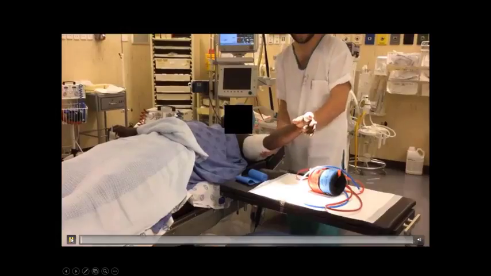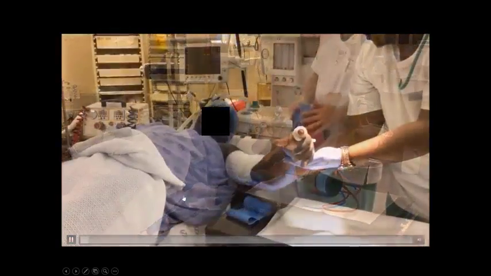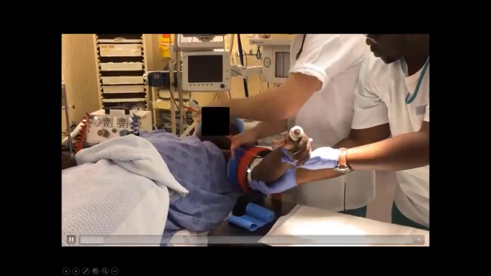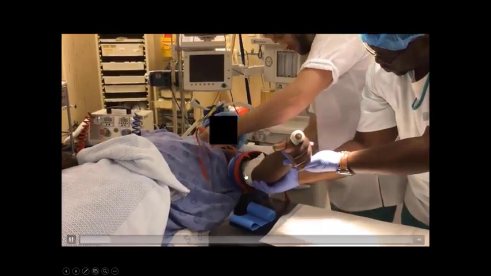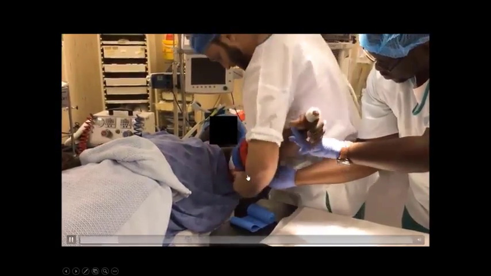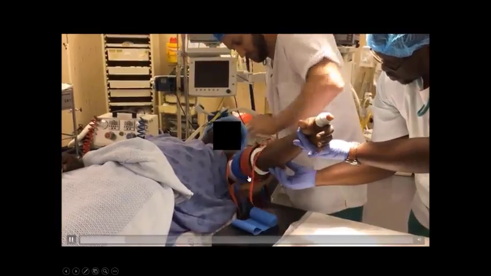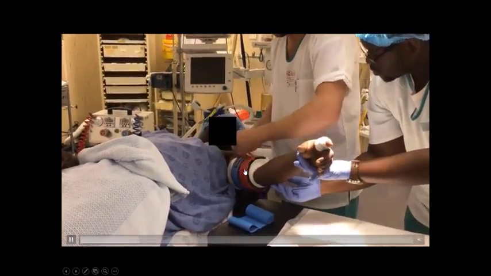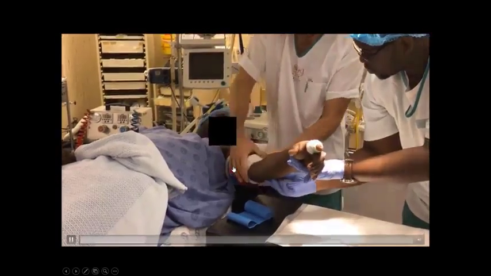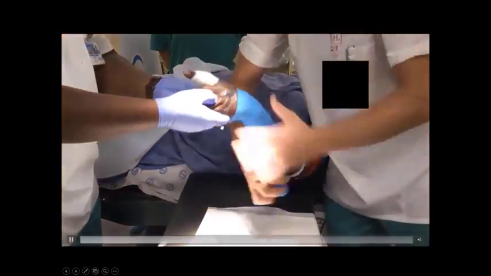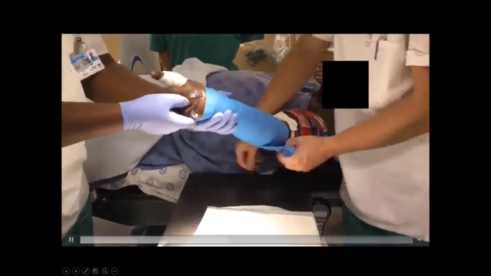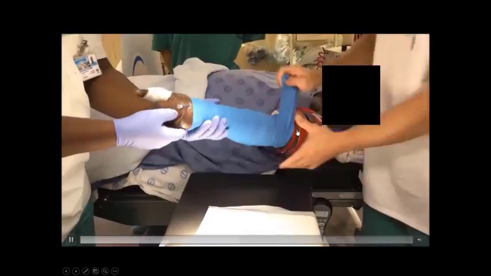So here we can see how it is performed. First, there is application of bandage, so that the tourniquet should not be applied directly over the skin. Then there will be pressure effects. Okay, and now you can see there are two tourniquets. One is the distal one and the other is the proximal one. And bandage is being applied from distal towards the proximal so that the blood is pushed away.